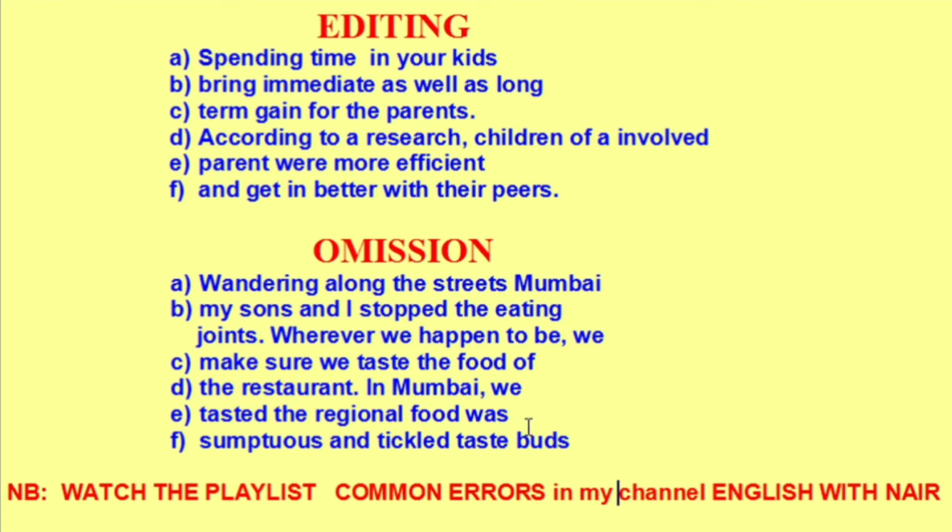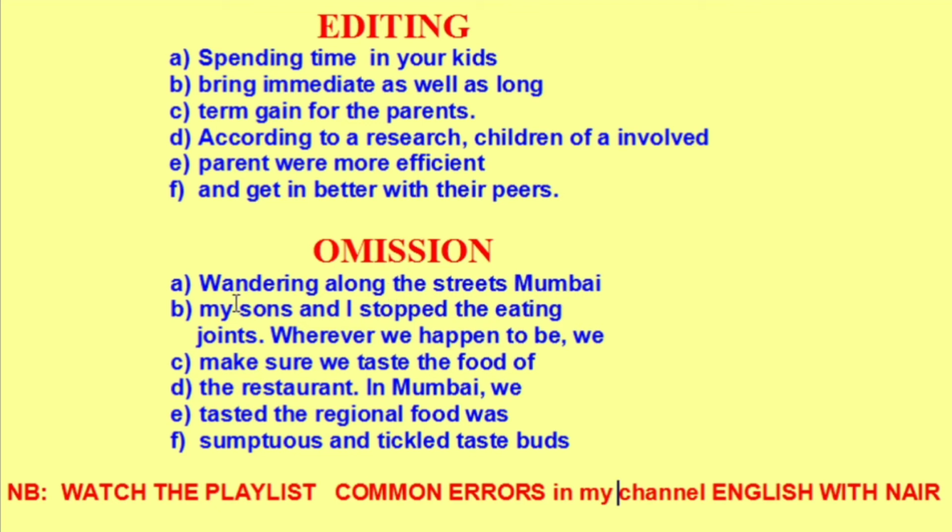So you read the paragraph till the end to get an idea what it is about, and then break it up sentence by sentence. Wandering along the streets Mumbai, streets of Mumbai. You see here, of is meaning. Or if you write Mumbai streets, putting Mumbai and a hyphen and streets, it is similar to using of, but there is no hyphen as such. So here the mistake is in omission of a preposition. Streets of Mumbai, or you can write Mumbai-streets. That means streets of Mumbai, but they have not written in that manner. So of course we have to insert here of.